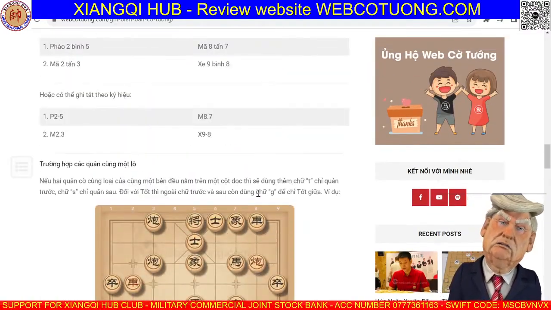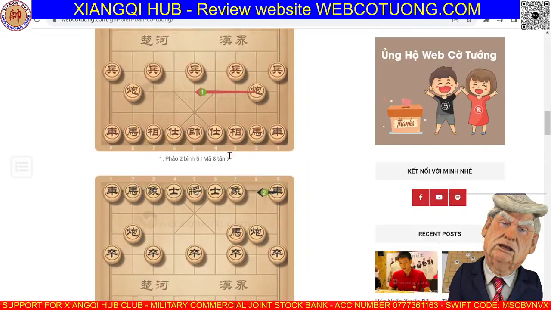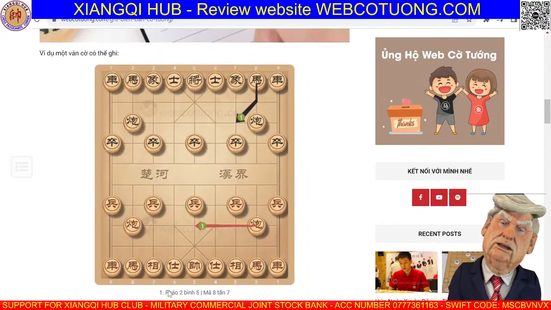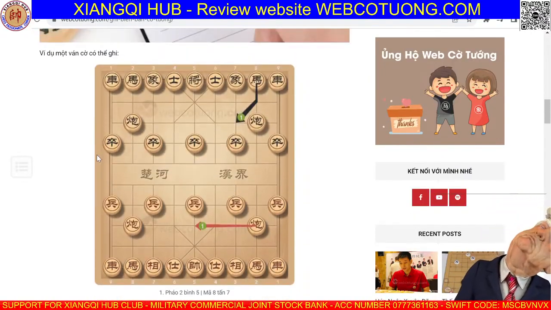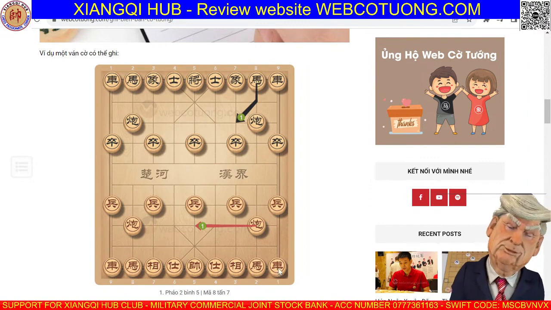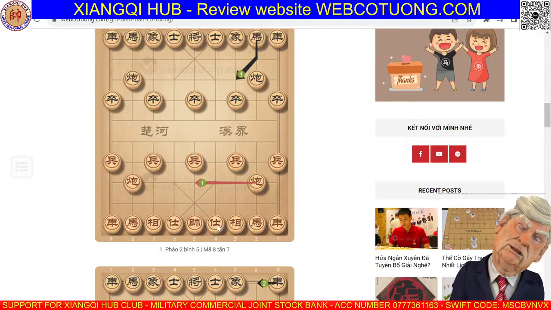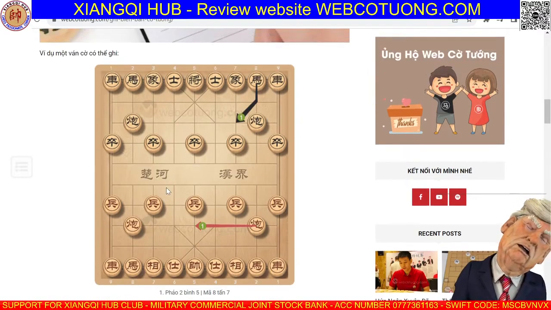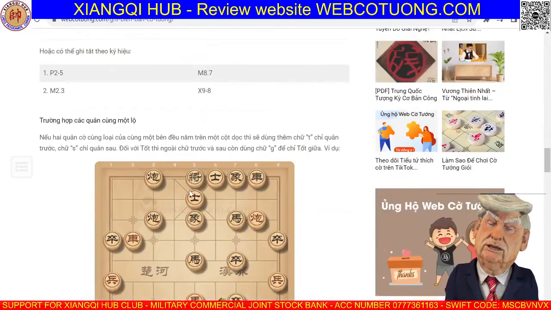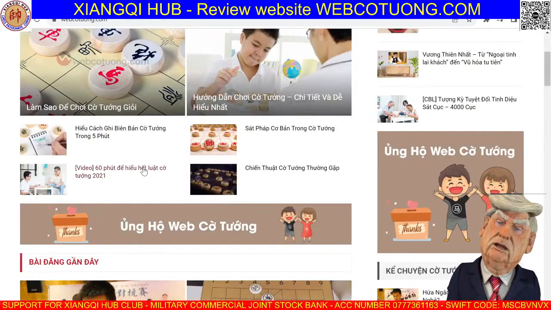Okay, that's good. Let's go back here. So this is how Xiangqi looks. In here we have chariots, horse, elephant, advisor, and the other side is the same with the chariots, horse, elephant, advisor, and general. We have two cannons here and 5 pawns, and in the middle we call it the river. Okay, that's interesting.